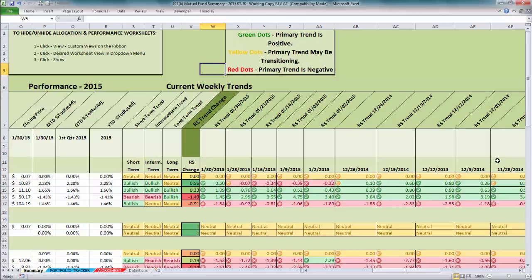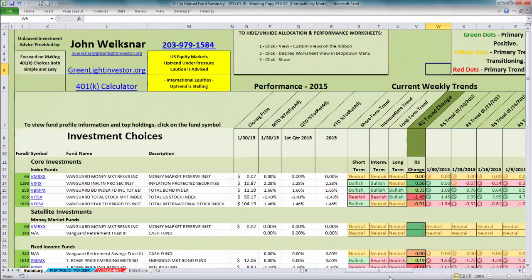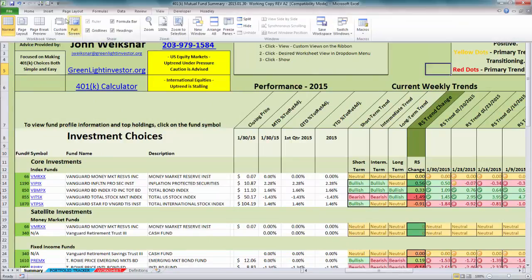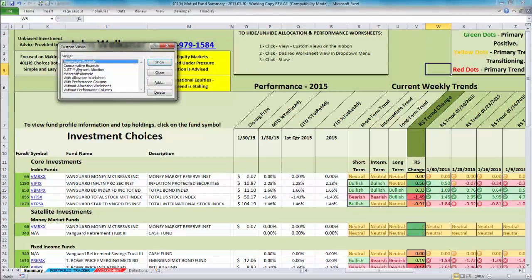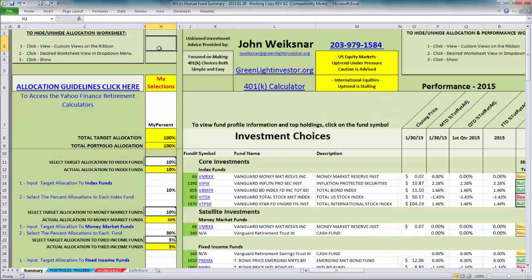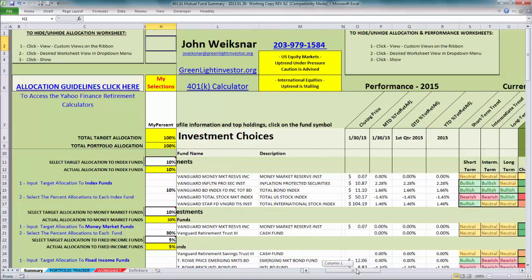Let's go into our fund allocation worksheet, and we can take a closer look at how we can bring all of these pieces together. To get to our allocation worksheet, you simply click on View, Custom Views, and I click on just my allocation, my asset allocation. I'll hit Show, and what that'll do is it'll bring up my current selection of funds within the 401k plan. What you'll see is that I've got 10% allocated into the fund number 850, and when I move the slider over,